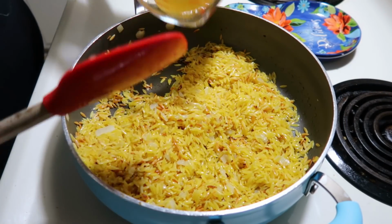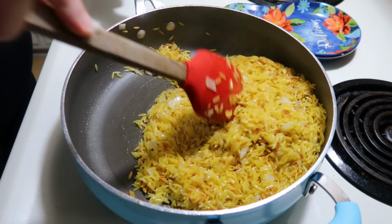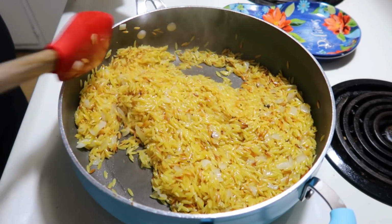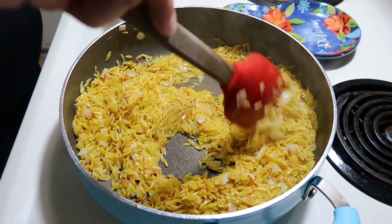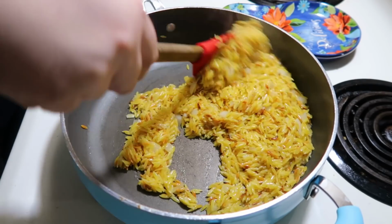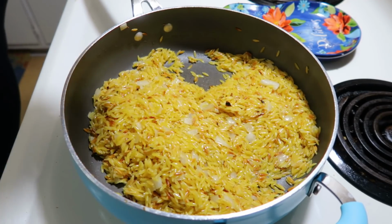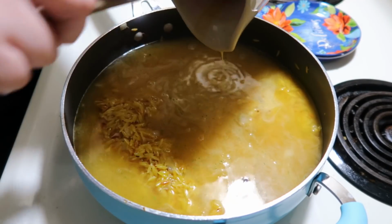Then I added in 1/2 cup of chicken broth. This is supposed to be wine, but whenever there's wine in a recipe, most of the time I just sub it for chicken broth, which you can do if you didn't know that. You don't have to use the wine. It just adds a different element of flavor, but I don't usually have it on hand, so I don't usually use it. So I just added in the 1/2 cup and then let that cook into the orzo,